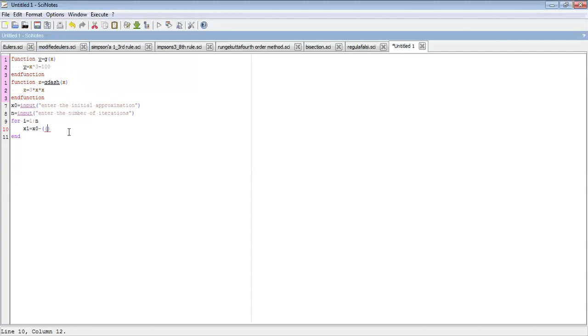So this is g of x naught, correct? g of x naught divided by g dash. How you call that function? I've written that as g dash. So I just write the same word because we are calling that function here. So it is g dash of x naught. So x1 is g of x naught divided by g dash of x naught.